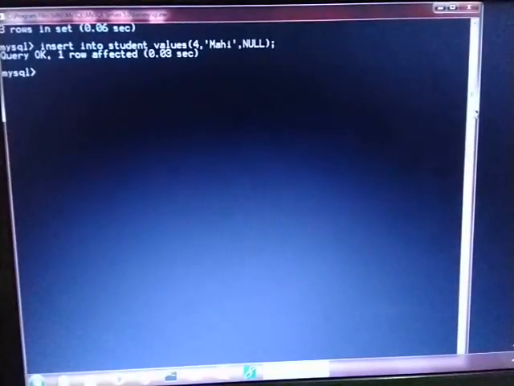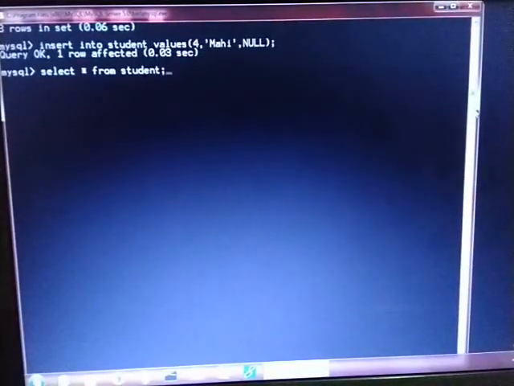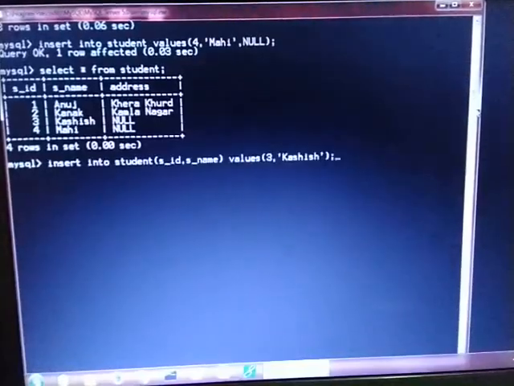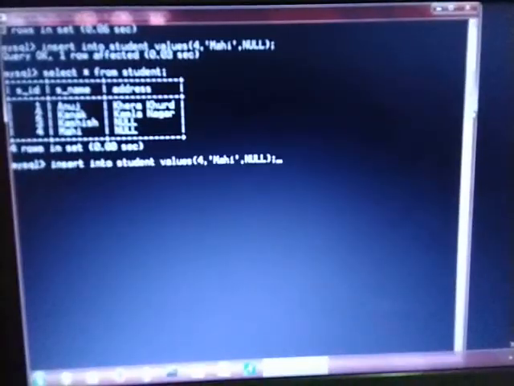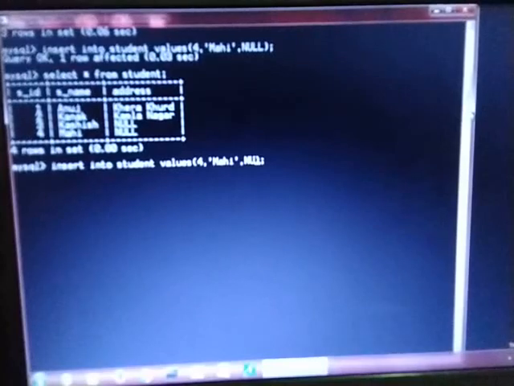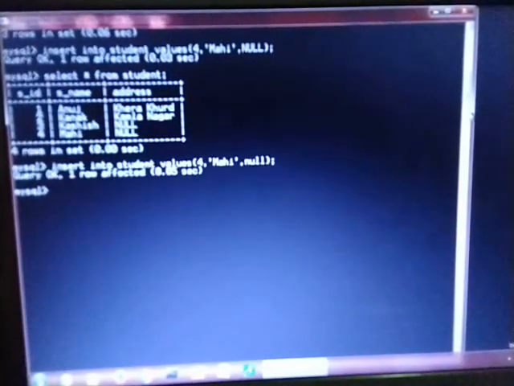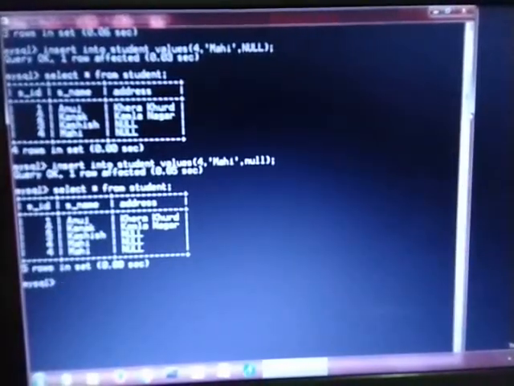Again I want to see all the records in a table, so what I will write? I will write select asterisk from student. Fine. See, there are 2 null records. So how can you insert the null values in a table? You can insert the null values by writing the null keyword. And now some students might have a query, can we write null in small? So just see practically. Fine. So just see the records, null is there. So either you write in capital or small.